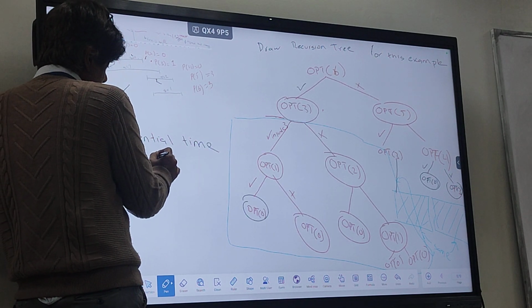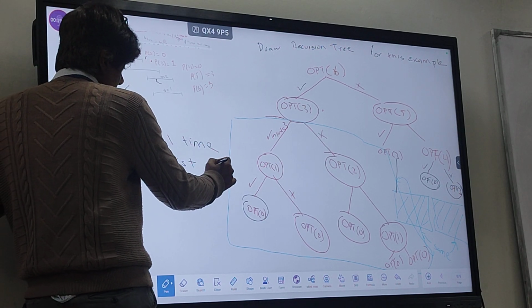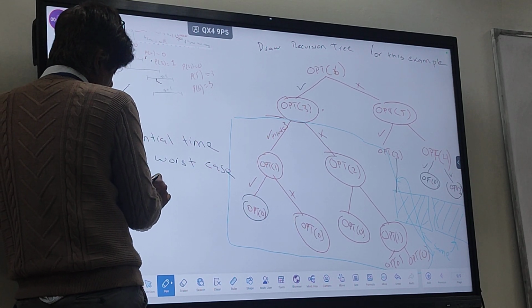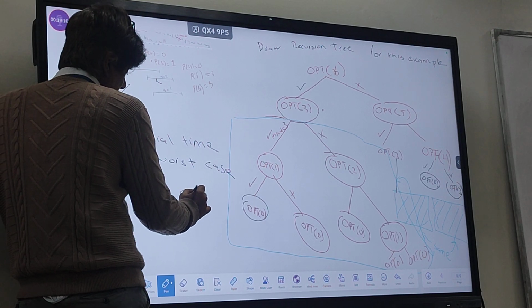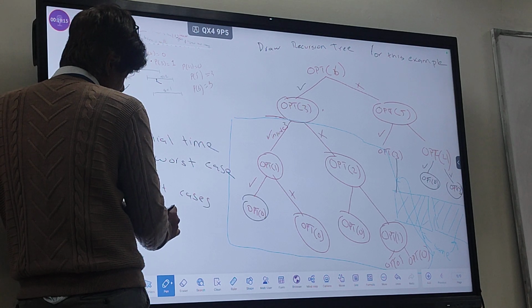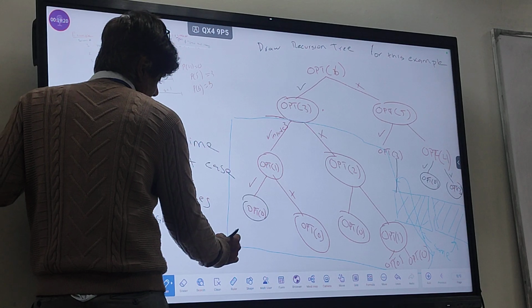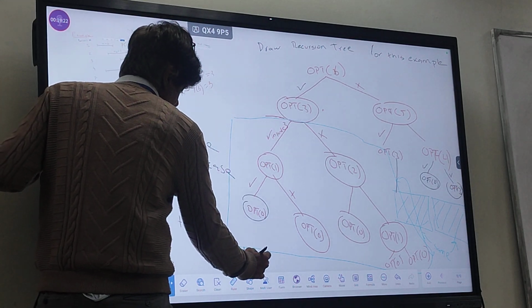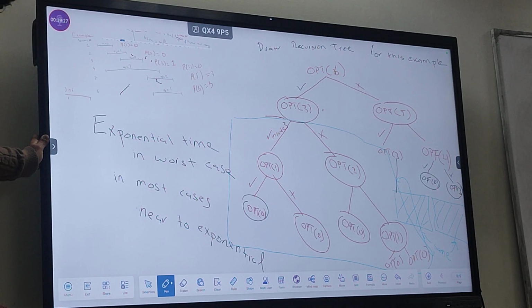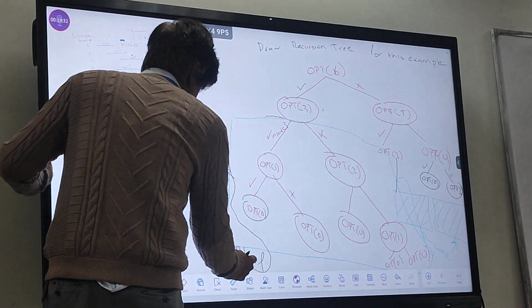So in worst case it is absolutely exponential, and in most cases, apart from a few rare cases, it's near to exponential. So time is the problem, nothing else is the problem, only time is the problem.